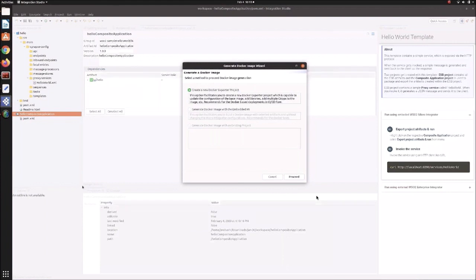One is to create a new Docker project, the second one is to use the embedded Micro Integrator inside Integration Studio, and the third option is to use a Docker project that is already there in your workspace. For this, we will be using the second one, the embedded Micro Integrator. Let's proceed with this option.